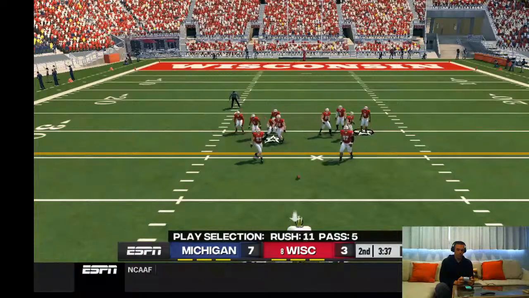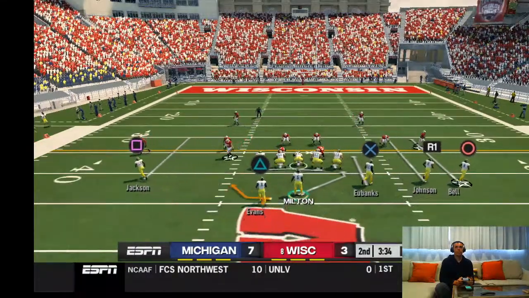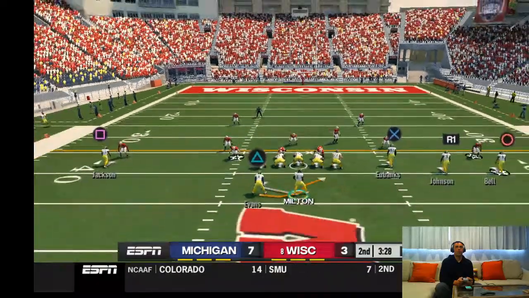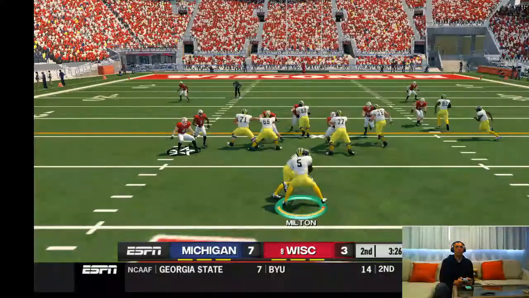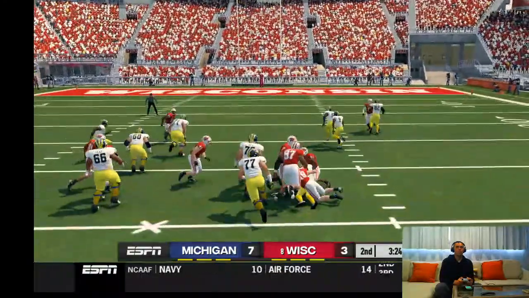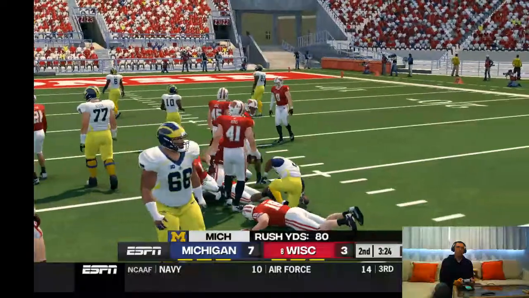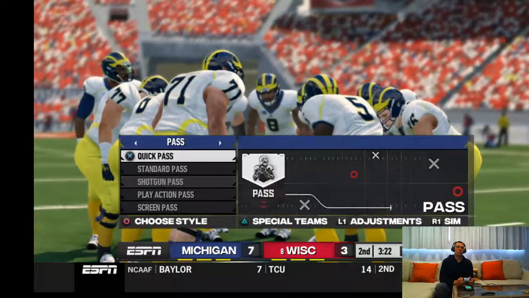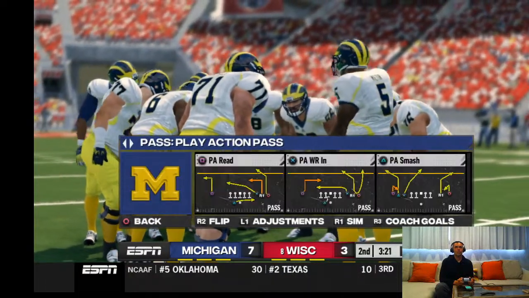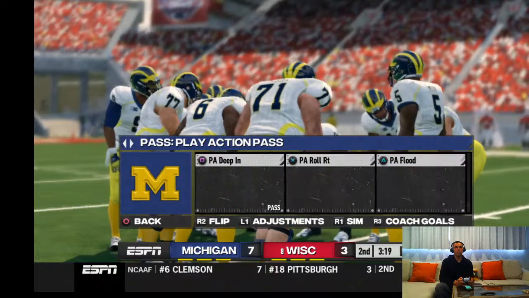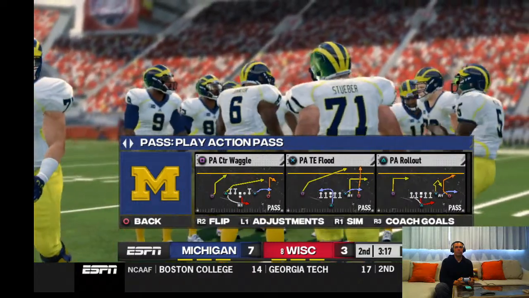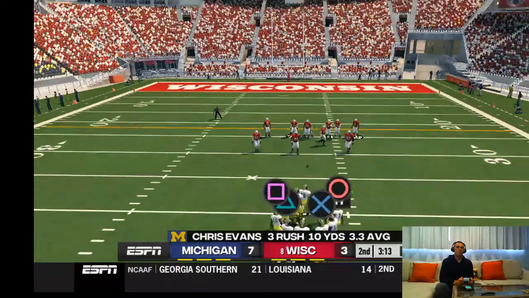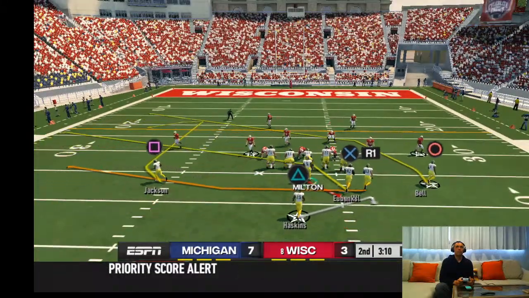Second down, and they're going to need about 3 yards to pick up the 1st down. Takes it up the middle for a nice run. Decent gain there on the play by the running back, and that's enough for the 1st. Solid 5-yard pickup. He was almost able to get to the secondary, but as it is, he still manages to move the sticks. First down, 10 yards to go. Ball on the 33-yard line.